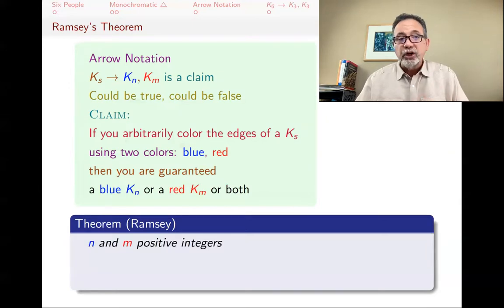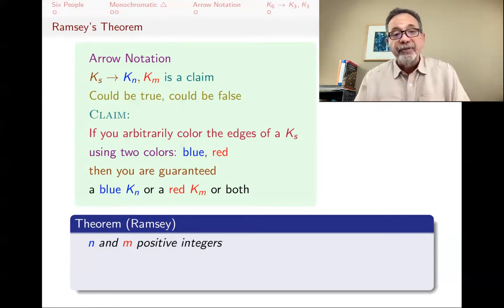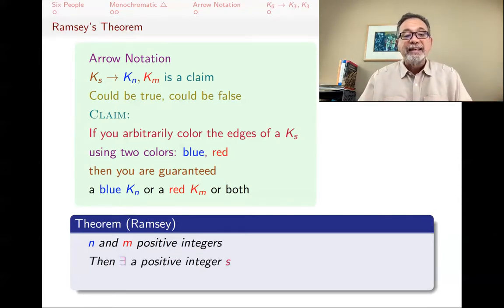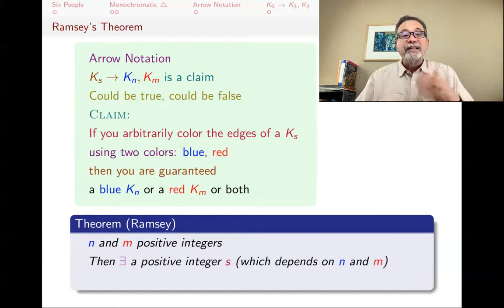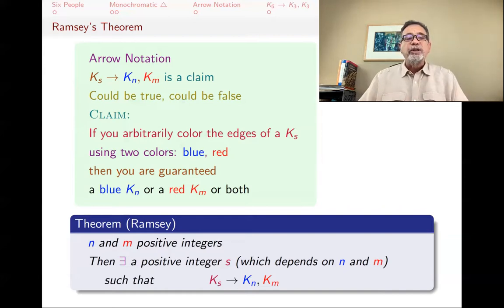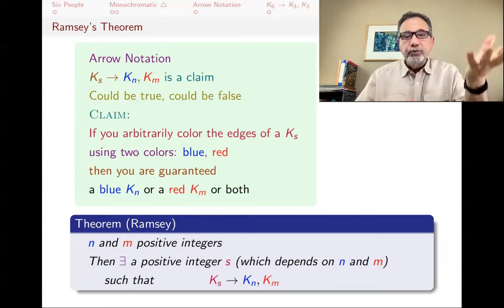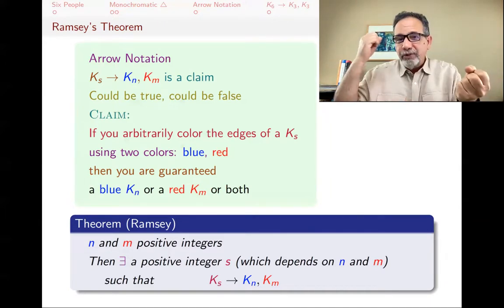It says that if you start with n and m positive integers, those are your two wishes, you want a blue Kn or a red Km. And Ramsey tells you that there exists a positive integer S, it might be very large, and it definitely depends on n and m, such that Ks arrows to Kn, Km. So Ramsey's theorem answers in the positive, it tells us that yes, you can wish for a blue K27 and a red